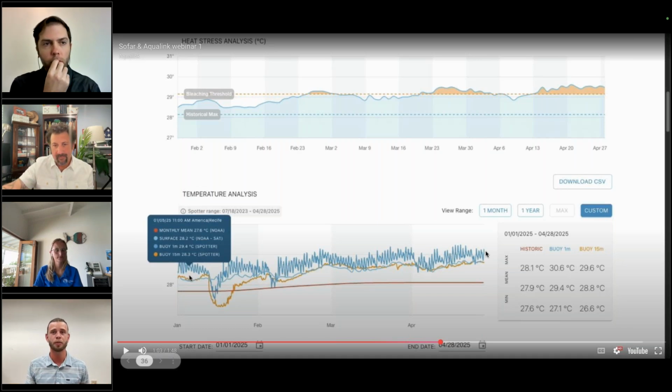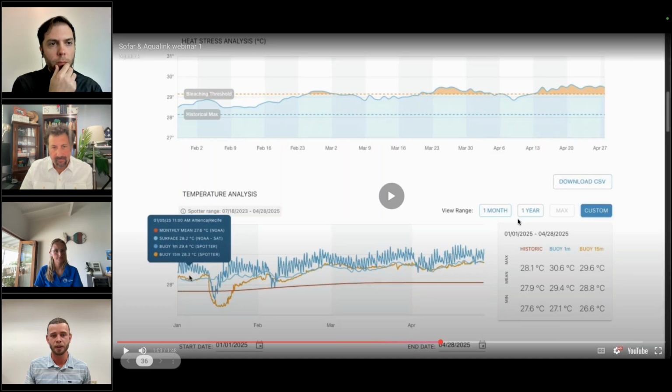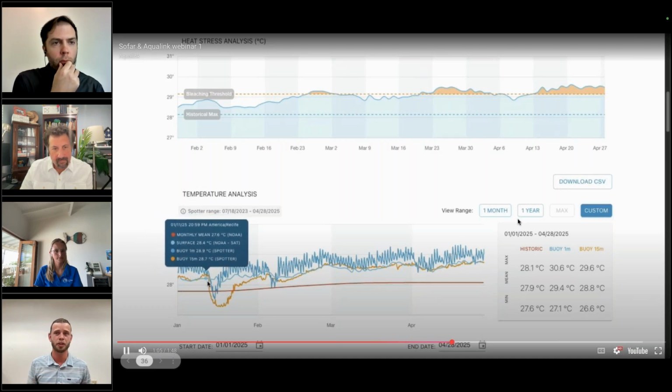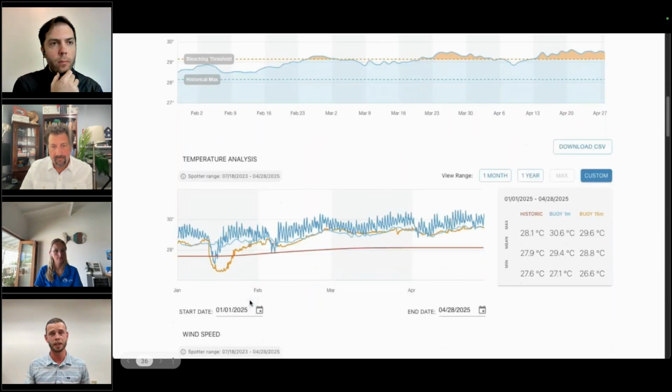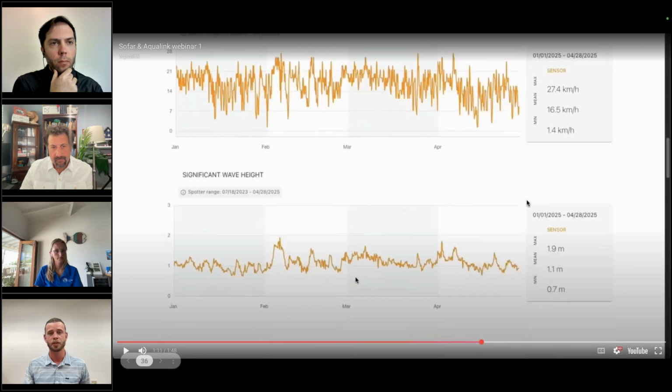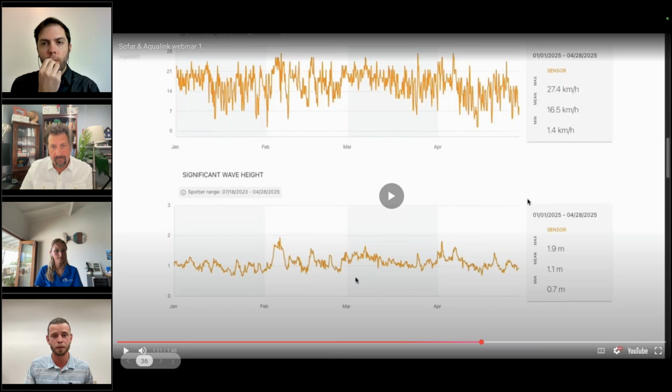However, here we can see the importance of having in situ sensors which measure data in detail. Here we can see a significant drop in temperature clearly picked up by the Sofar Spotter, but it wasn't recorded by the satellites. So if we continue to scroll down, we can see the rest of the graphs available and